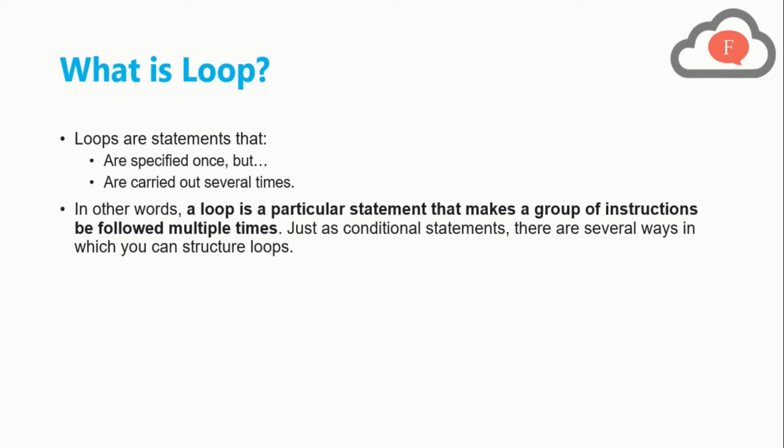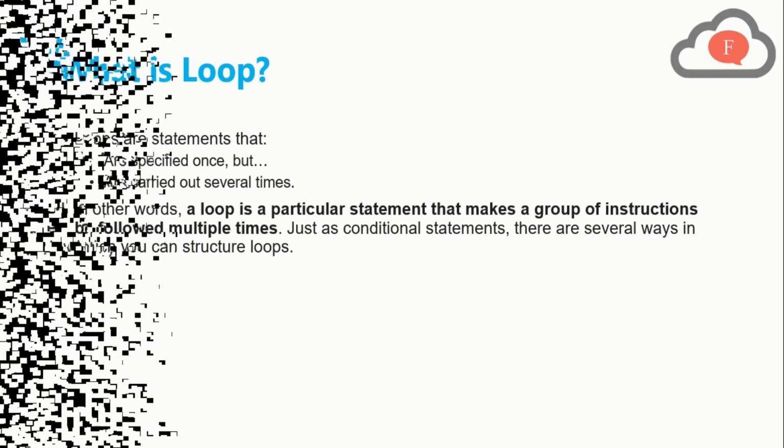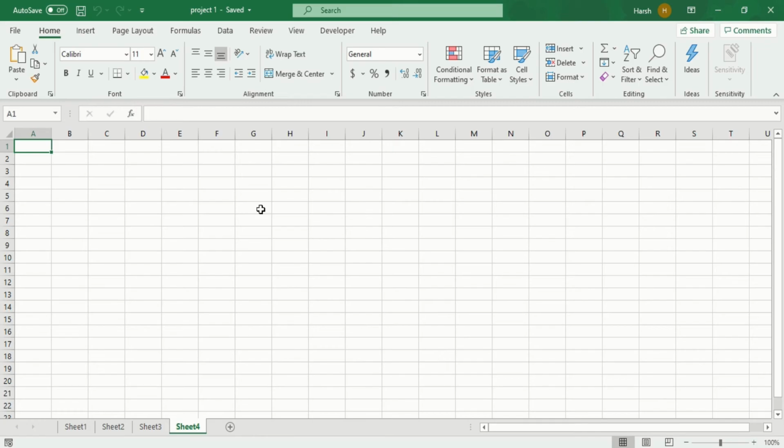And now let's move to Excel and write the code in VBA so you can understand in detail how to write code for the loop, and you will understand the concept of loops very thoroughly there. Now let's move to Excel. Now we are in Microsoft Excel. So now we have to write the code for the loop.